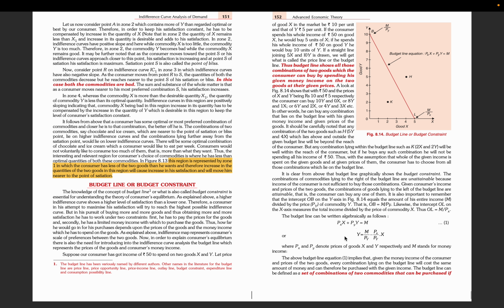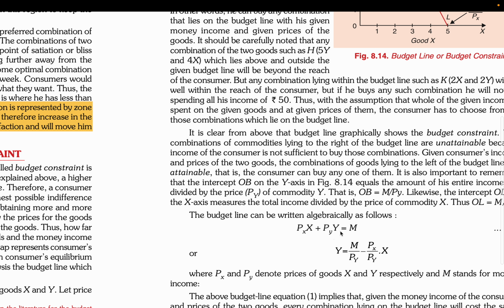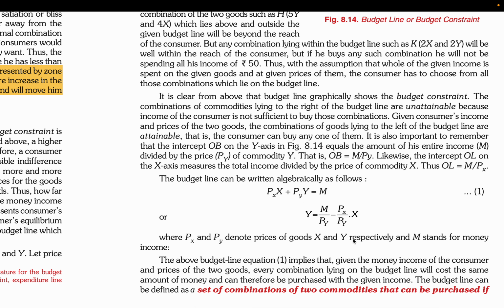The budget line can be algebraically shown like this: the price of good X into the quantity of good X plus the price of Y into the quantity of good Y that you purchase is going to be equal to M. Okay, that's the budget constraint or the budget line equation. You can also write it like this, the intercept form. Okay, the intercept of the y-axis